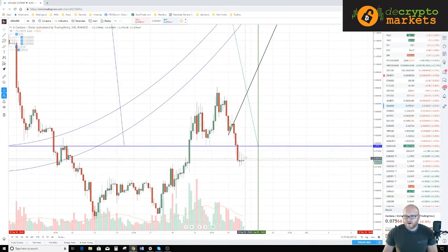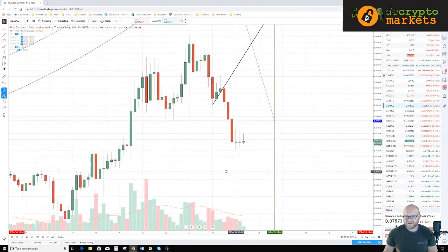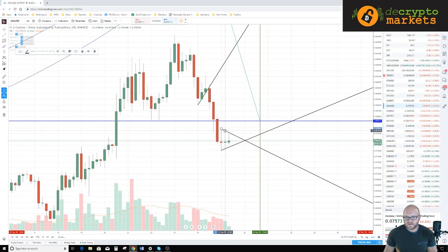Looking at the 4-hour chart, we can see we've been forming, I mean, we've got a pretty... This is a triangle of triangles, isn't it? Inside bars, we're forming two double inside bars. We closed this 4-hour in 2 hours, but obviously we've got some very clear defined trend lines here that we're